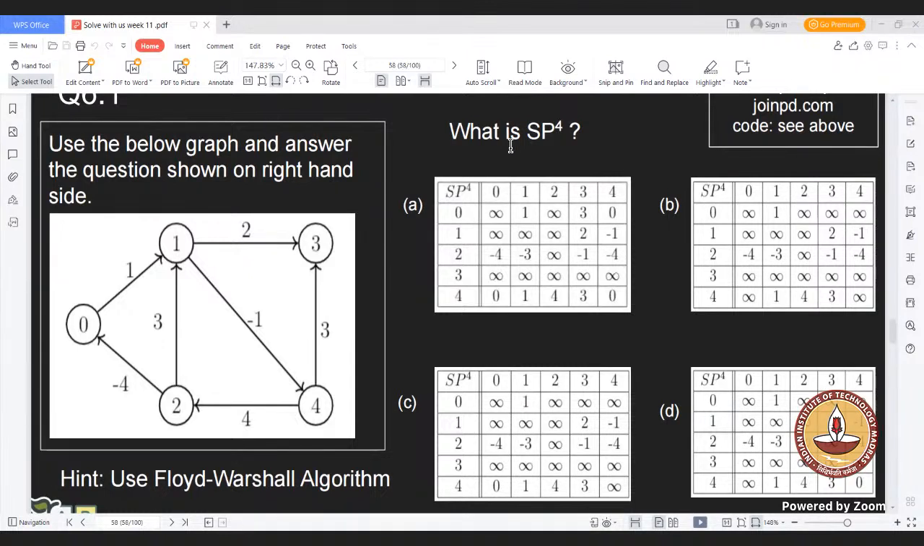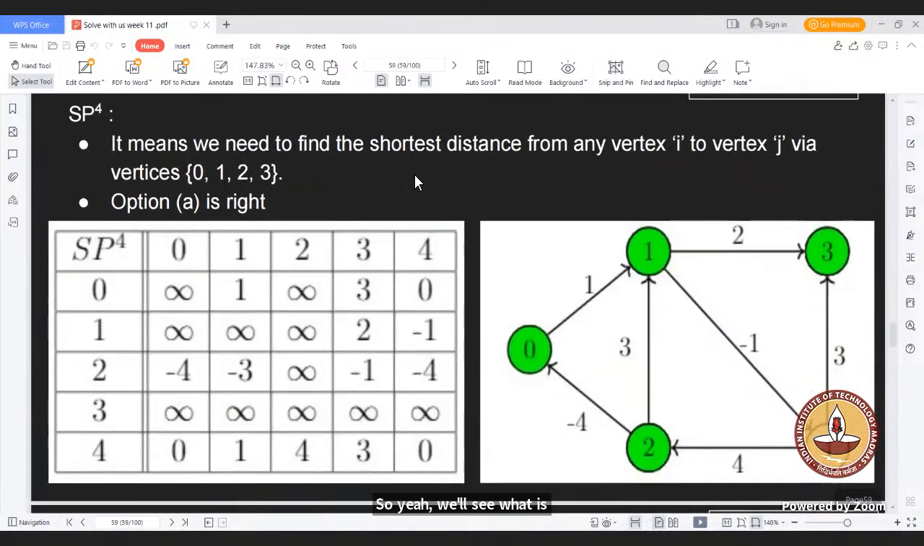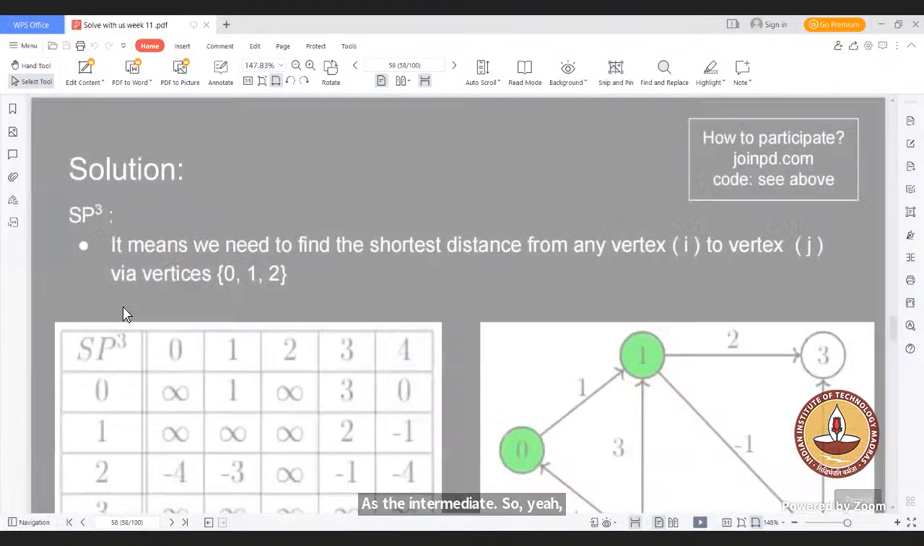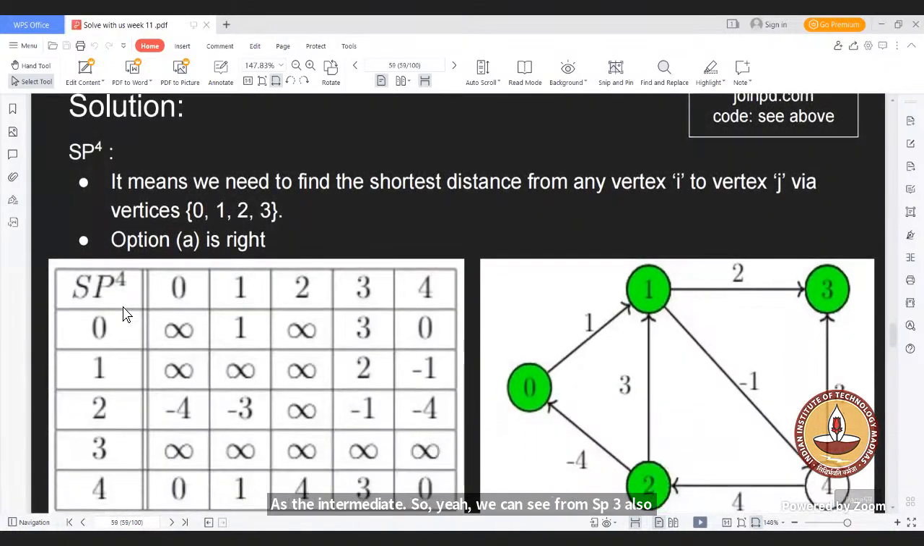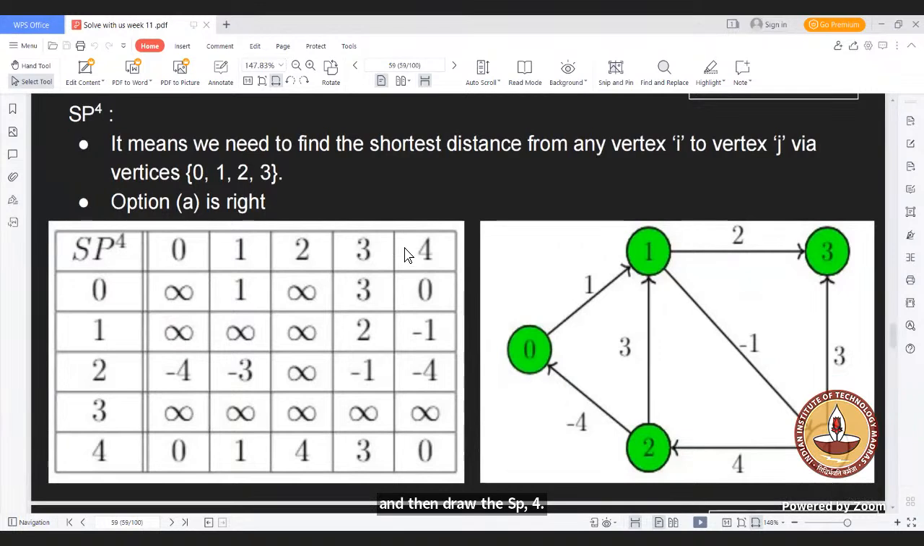So can we discuss the solution for this one? I think everyone got the correct answer. Yes, sir. So we'll see what SP4 is in this case. We can travel via 0, 1, 2, and 3 as the intermediate vertices. So we can see from SP3 also and then draw the SP4. So 0 to 1 will be 1 and 0 to 3 would be 0 to 1 and 1 to 2, so it will be 3, and 0 to 4 will be 0 to 1 and 1 to 4, which